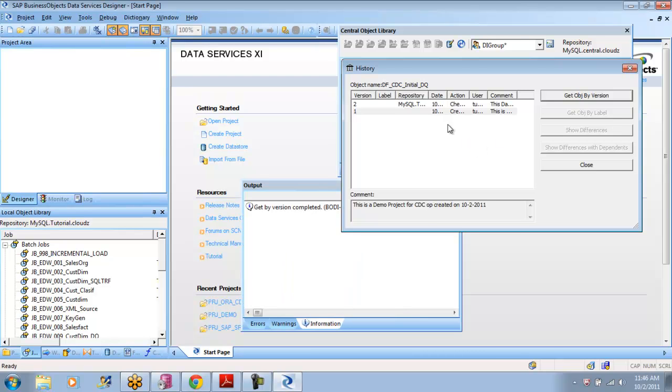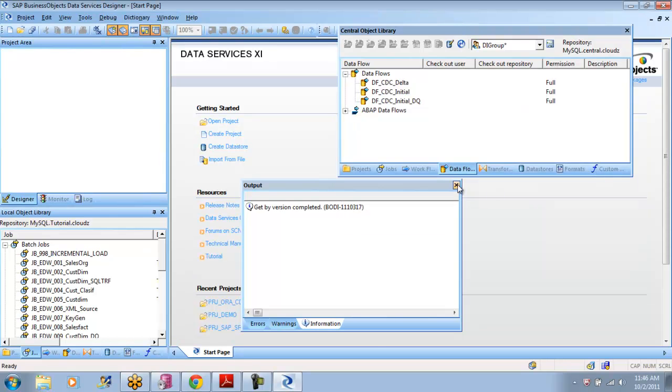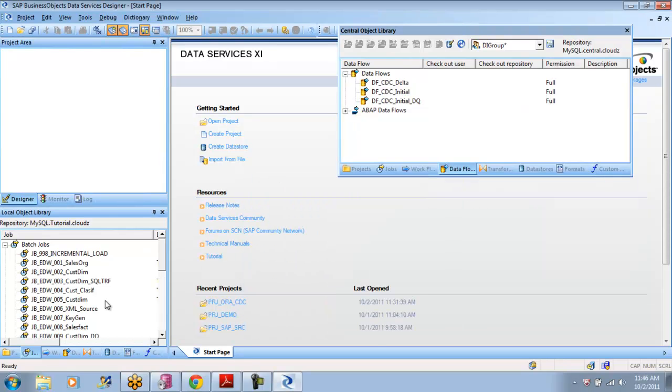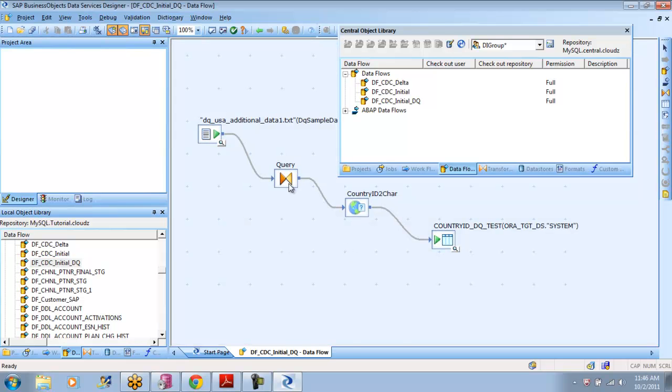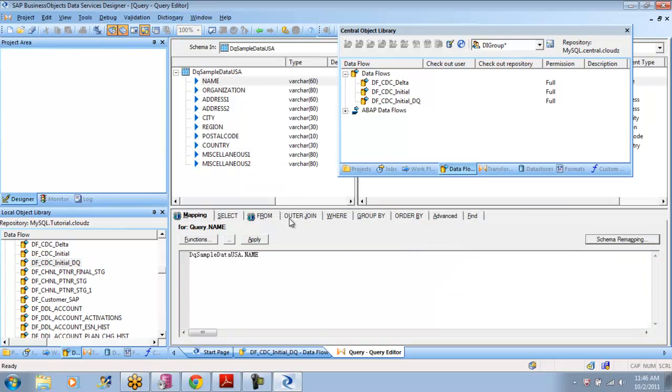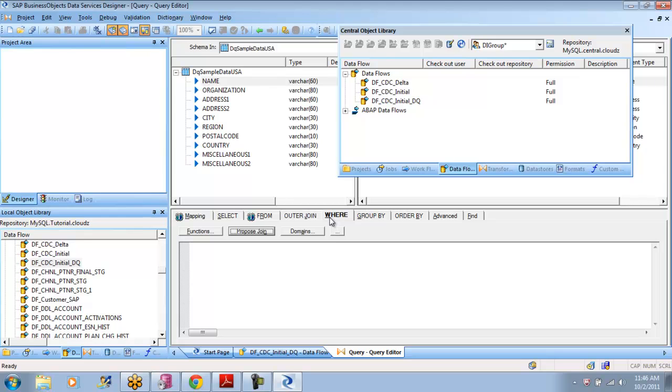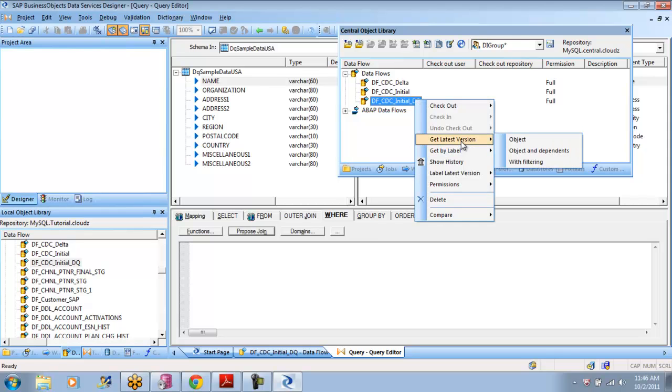Now I have got the original version of it, not the current one. So which means my local is replaced now. If you go and check here, your local repository, whatever the job you have, the changes you made are gone because you brought the previous version again. You realized you want to revert something, so you brought the previous version. You don't have the where class. It is gone. But is it gone forever? No. You can certainly go back here and say,